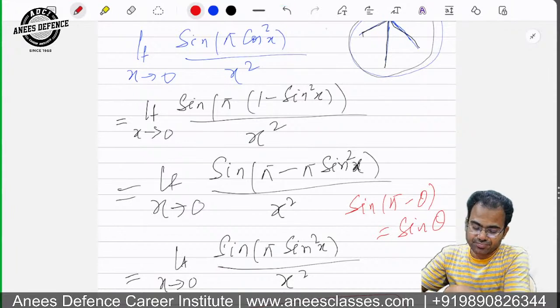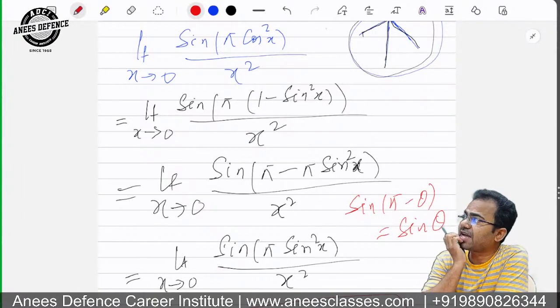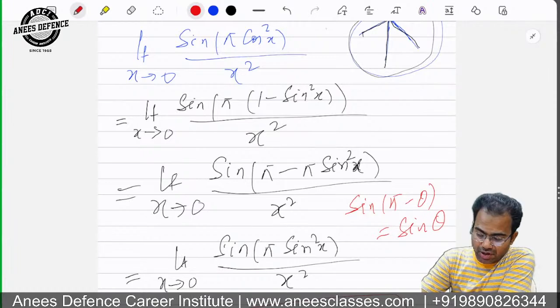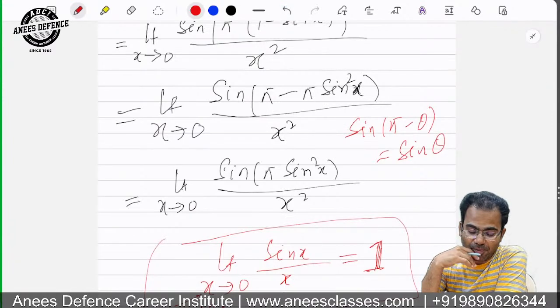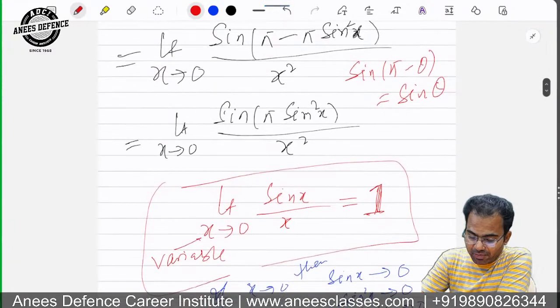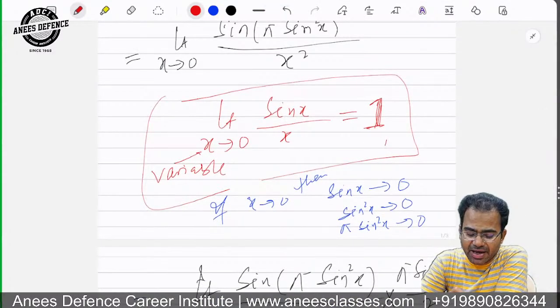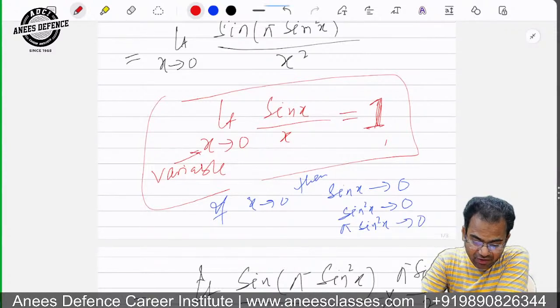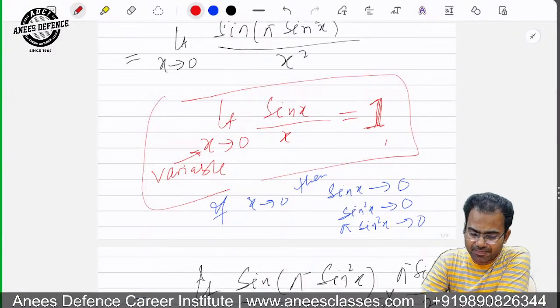ओके, तो इस फॉर्मूले से मैंने पाई माइनस पाई साइन स्क्वायर एक्स, पाई साइन स्क्वायर एक्स को मैंने थीटा जूम किया। तो मैंने लिखा साइन थीटा, थीटा की जगह पाई साइन स्क्वायर एक्स अपॉन एक्स स्क्वायर। अब मैंने फॉर्मूला बताया कि लिमिट एक्स टेंड्स टू 0 साइन एक्स अपॉन एक्स 1 तब आता है जब जो वेरिएबल है वो वेरिएबल साइन का एंगल और डिनोमिनेटर सेम हो और जो वेरिएबल है टेंड्स टू 0 होना चाहिए, तभी 1 आता है, अदरवाइज 1 नहीं लिख सकते।